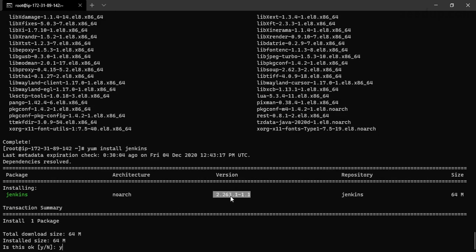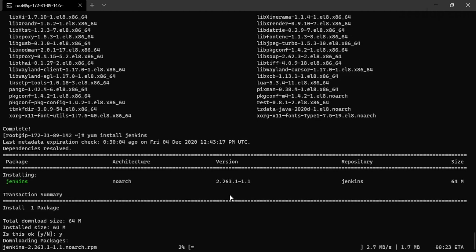It will go to the internet and find our software in the repository that we configured, and just press yes. We can see that the version it is installing is 2.263, the newest and most stable version on Red Hat. And we will go ahead and install this software.